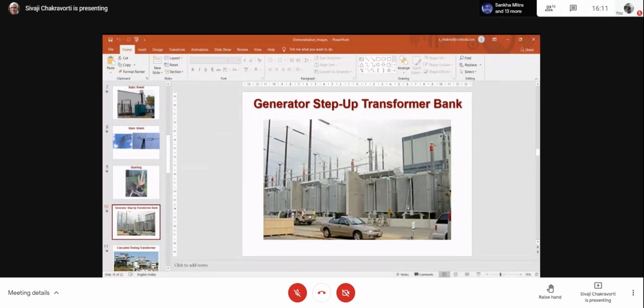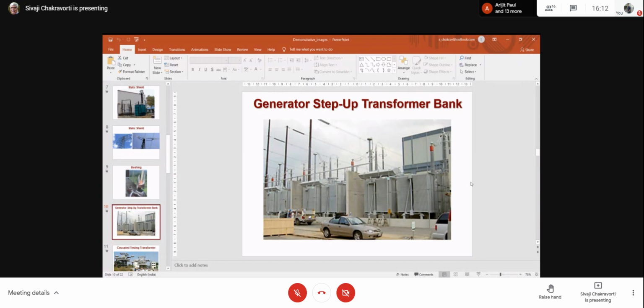Another advantage is that if we do it like this, oh, by the way, you can ask me how we are doing it. Very simple. See, this star delta connection can be done externally also. It's not necessary to do it inside the transformer. So the connections are done externally, either in star or in delta. But the advantage is that at least one of these units I can keep as a spare, so that if anything goes wrong, immediately we replace it, so that our generating station doesn't go down. We can continuously supply the power. This is the concept of transformer bank.